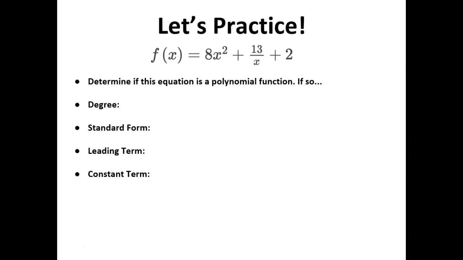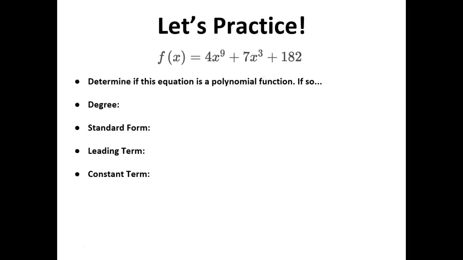So take a look at this one. Here we have a function, f of x is equal to 8x squared plus 13 over x plus 2. First thing off, is this a polynomial function? The answer is no. It is not a polynomial function because this 13 over x is the same thing as 13x to the minus 1. That is not a positive whole exponent. So it is not a polynomial function, which means none of those other things even make sense because those things